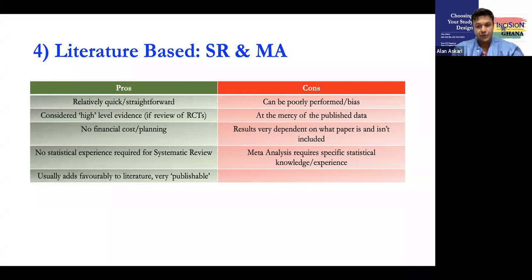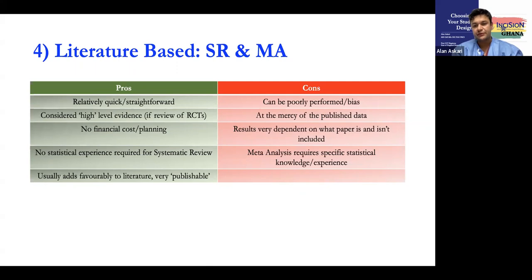Meta-analysis itself does require specific statistical knowledge. It is not terribly difficult, to be honest, but it does need some training. There's some very good YouTube videos. There's a software actually called RevMan. There are many different softwares you can use, but there's a free one called RevMan 5, which you can download for Mac or PC. And there are YouTube